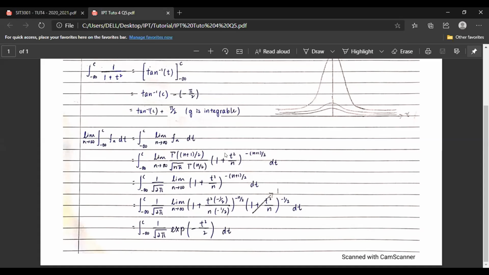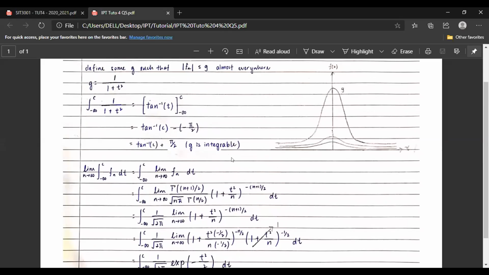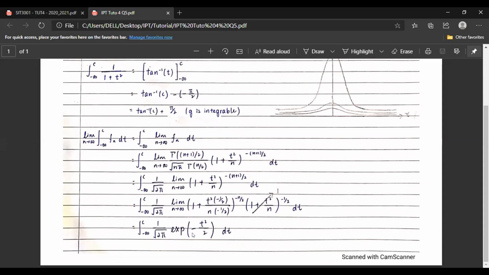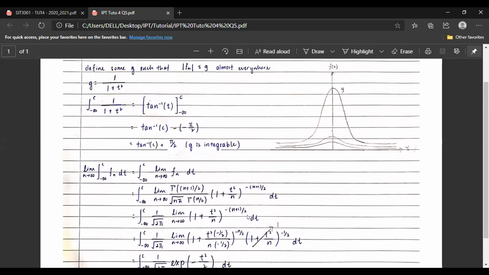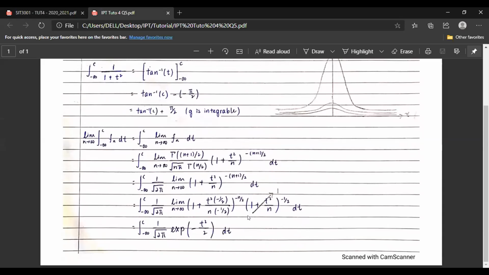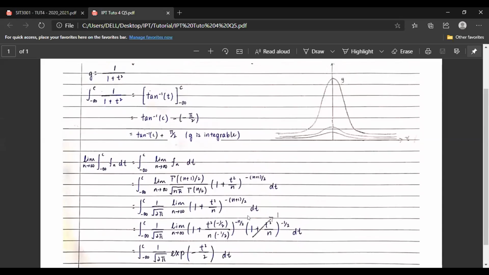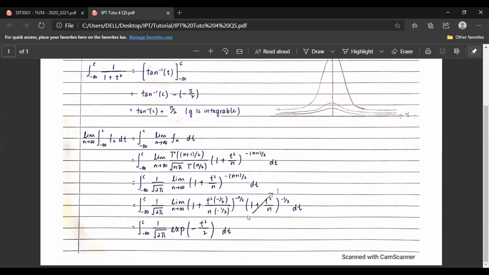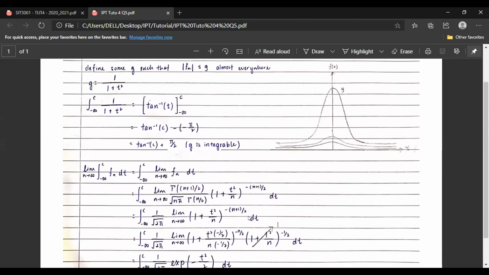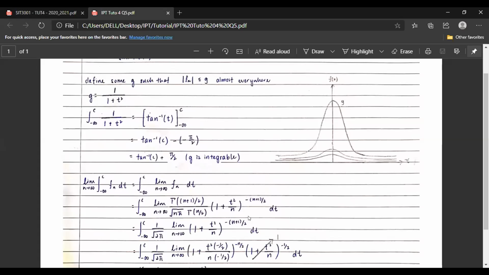If you just simply move the limit inside, of course you will get this result, because the limit is not hard to do. The hard part has already been given to you, that limit, and the other one is just basically using the exponential function, right? But there are some problems with your dominating function.